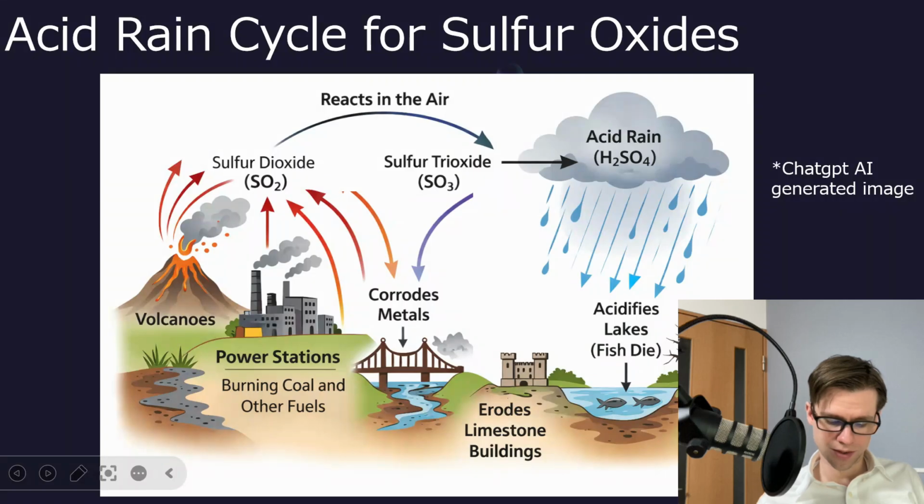And eventually the sulfates or the salts will potentially go back in the ground, maybe be reduced by some chemical processes under high heat and pressure, and be released by volcanoes and burning of fossil fuels later on. But that cycle will take a long time, to get it back in the ground and reduced again. So once we're oxidizing it, we're sort of accelerating this process of corrosion and acidification.